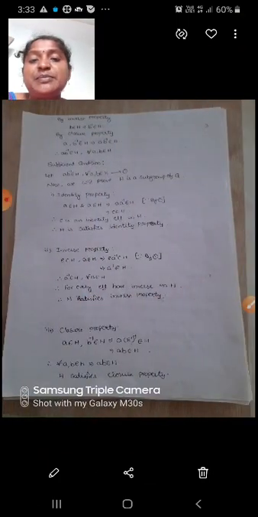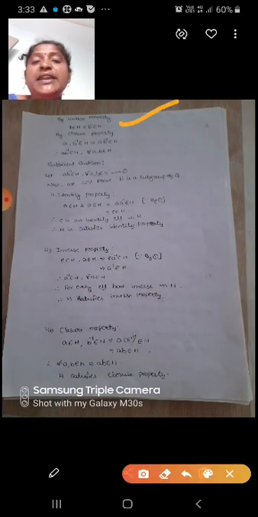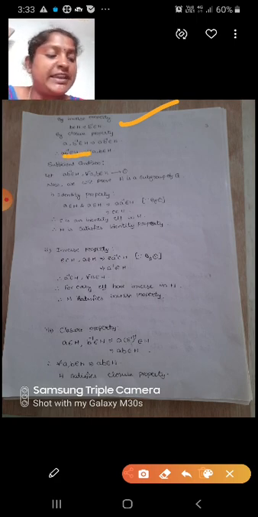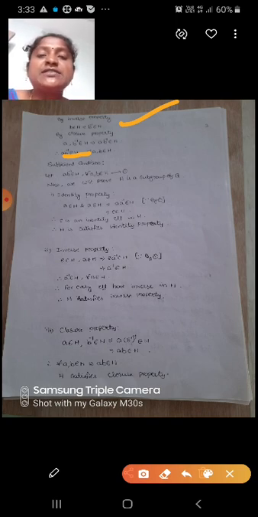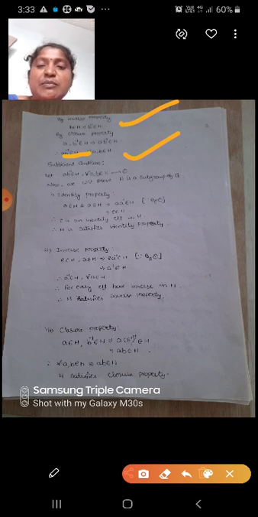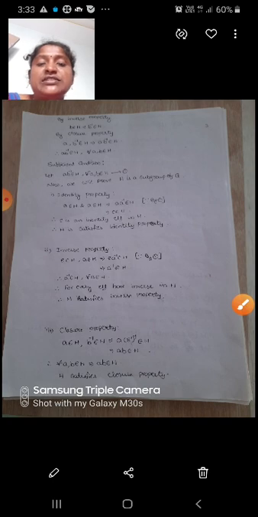By inverse property, B inverse belongs to H. Now by closure property, A comma B inverse belongs to H implies AB inverse belongs to H. So therefore AB inverse belongs to H for all A comma B belongs to H. So this is the necessary condition. Now we will prove the sufficient condition.